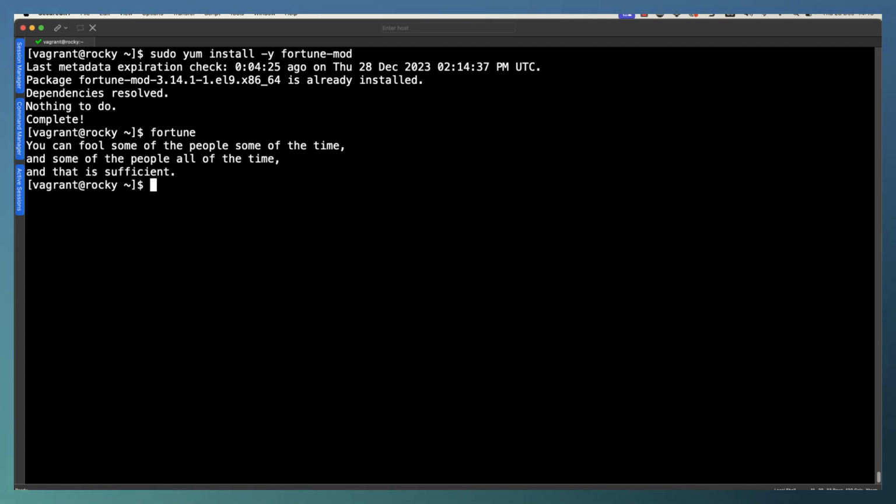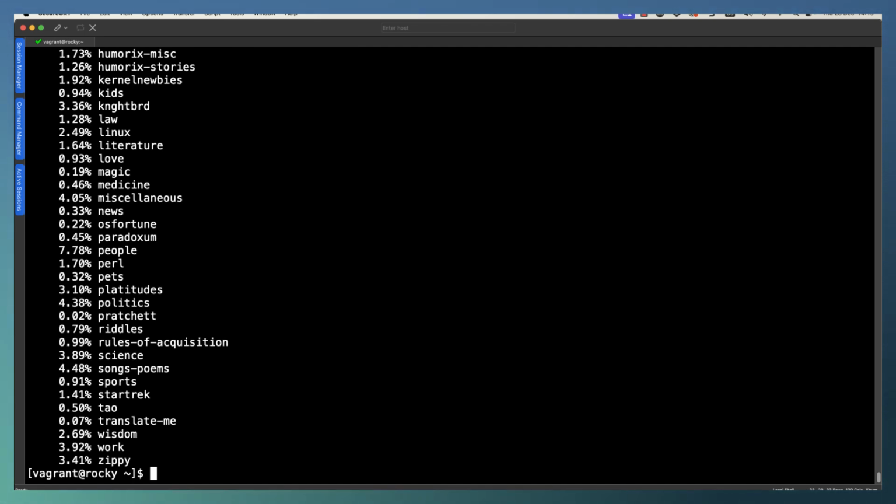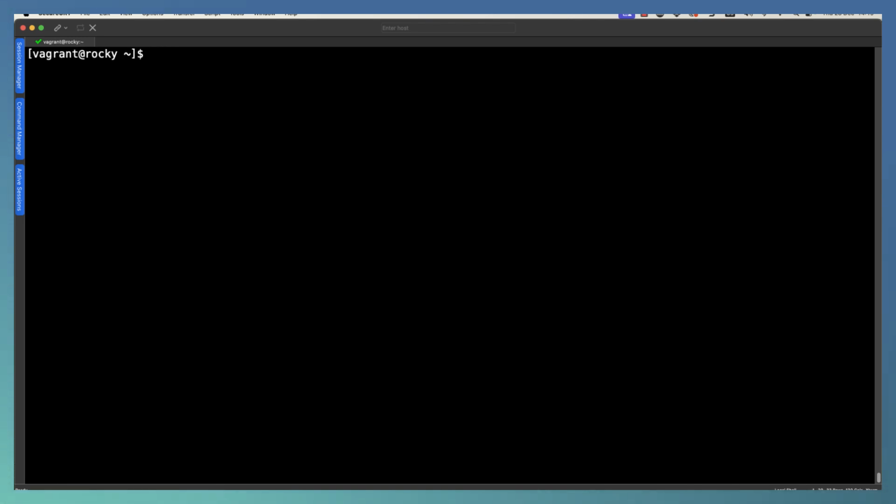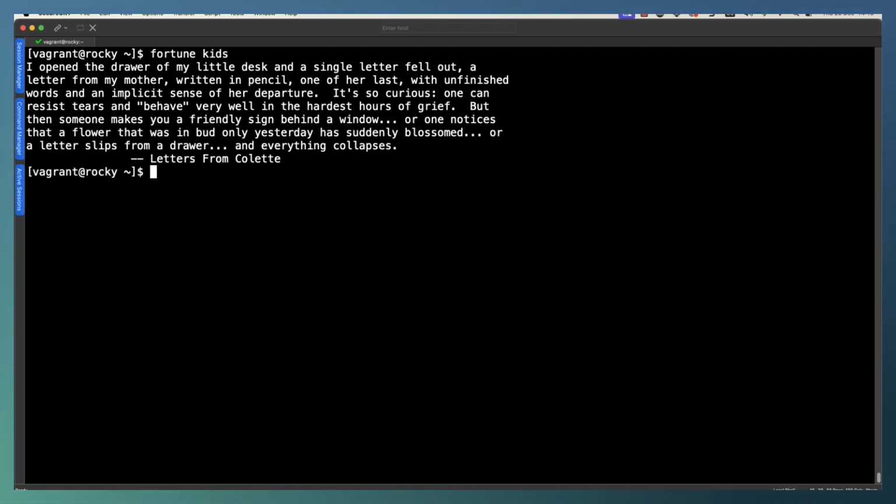And these are controlled by cookie files. We can take a look at the cookie files by specifying -f so we can see the data files that we are looking at. The percentage just shows me roughly the percentage of the total database size that is occupied by that particular file. If I query just, say, the kids database, we're going to get something coming back that is perhaps a little bit more kid friendly or to do with kids. So we could choose the cookie that we want.